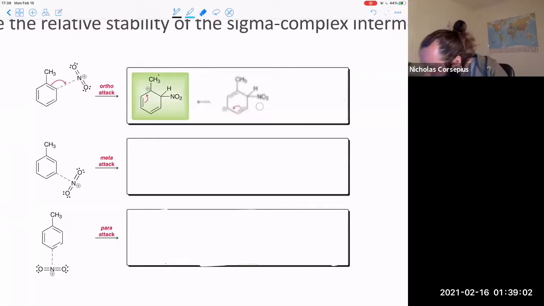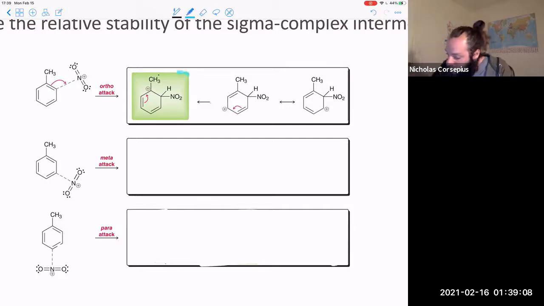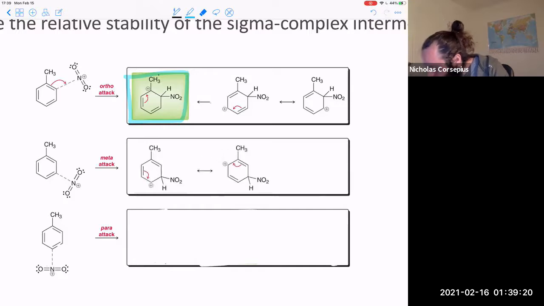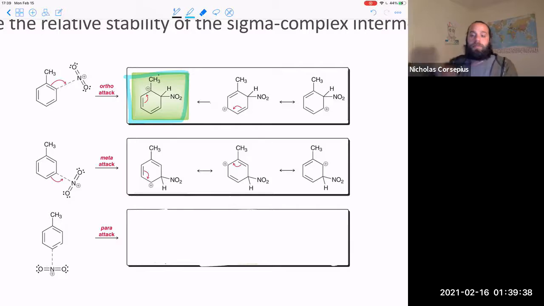Okay, so when I'm drawing my different sigma complexes, the different resonance contributors, this one jumps out in particular as extra stable because of where that positive charge is. If I were to do it in the meta position, I can draw all my different sigma complexes for this. First, we have our bond attacking. Now the nitro group is on the meta position. Notice nowhere here do I have that nice stabilized carbocation that's located at the base of the methyl. When you're doing your sigma complexes, your positive charge is jumping to every other carbon, and so it just misses that carbon there. Now, if I did the para position,